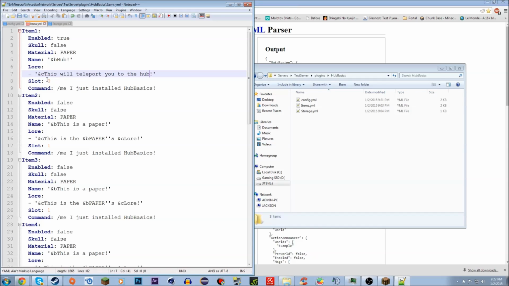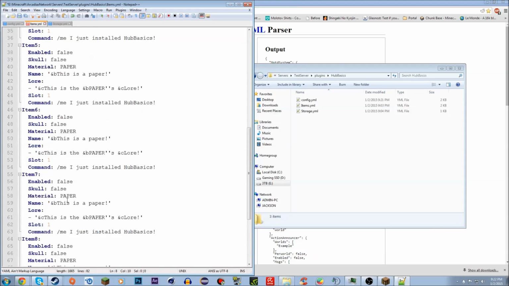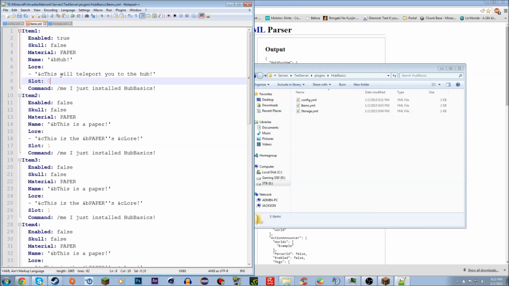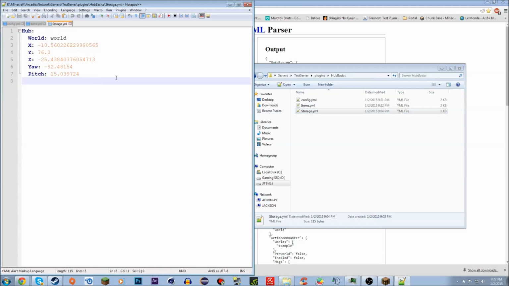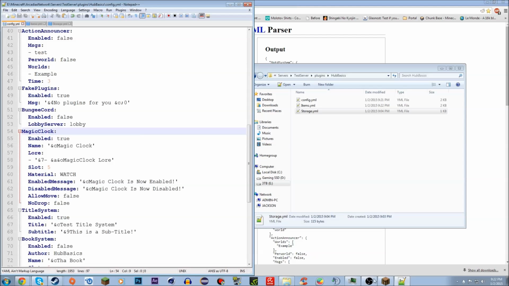And then you do the slot. The first slot is 0, even though that's the first slot in your inventory. I know it's kind of confusing. It goes 0 through 8, I think, because the ninth slot is 8. Just bear with me. Now the command is what will run when you use this item. So if I Control S, I'll just save that. Storage is nothing. That's just the coordinates for the hub, for when you do /hub. So if you went through that whole config and you made it through the parser without any errors,